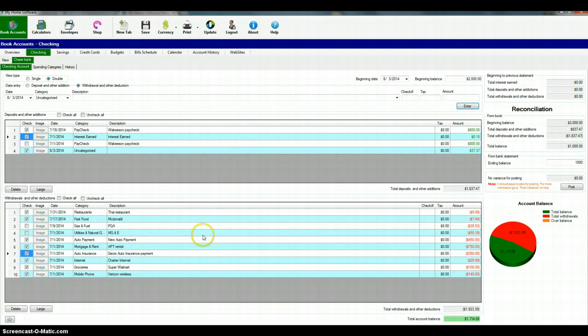For whatever reason, somehow your ending balance is not 1,000, different from this total balance, it means that you're missing some data, either on your withdrawal or on your deposit, or some of the amounts you entered are incorrect. So you have to double check your amounts and double check all the transactions